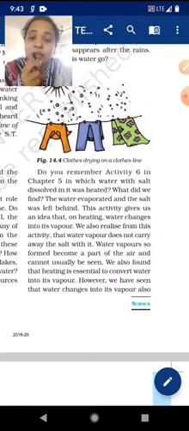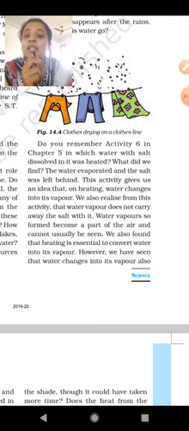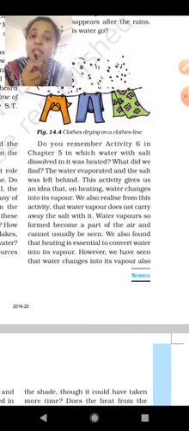The water evaporated and the salt was left behind. When we heat salty water, the water evaporates and the salt is left behind. This activity gives us an idea that on heating, water changes